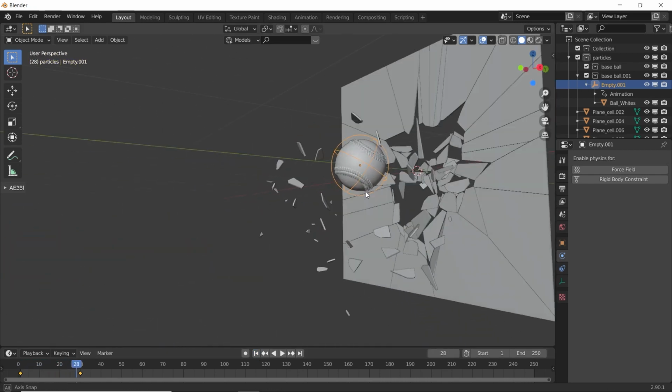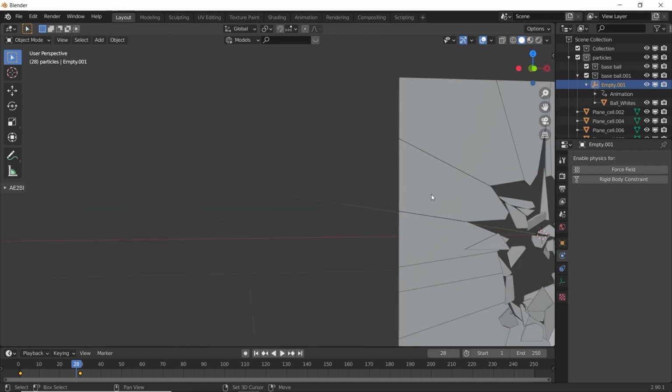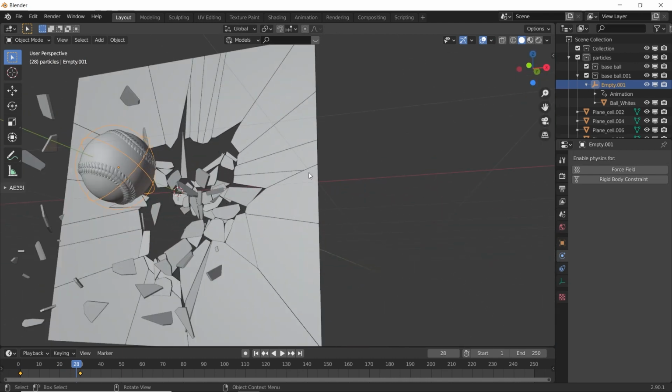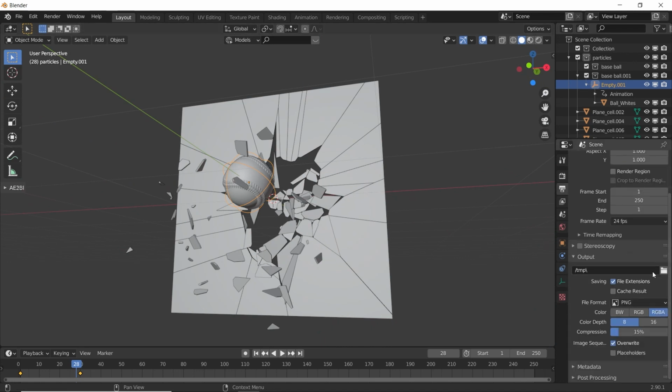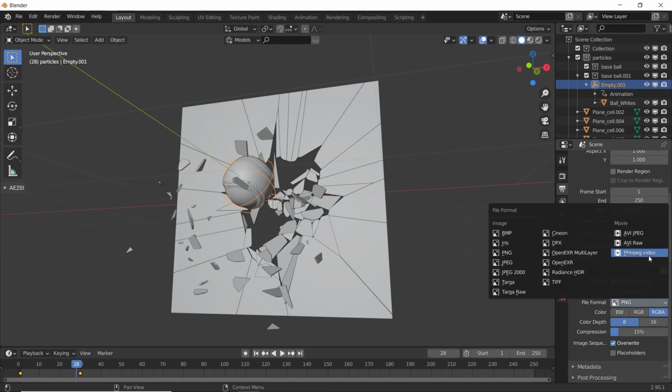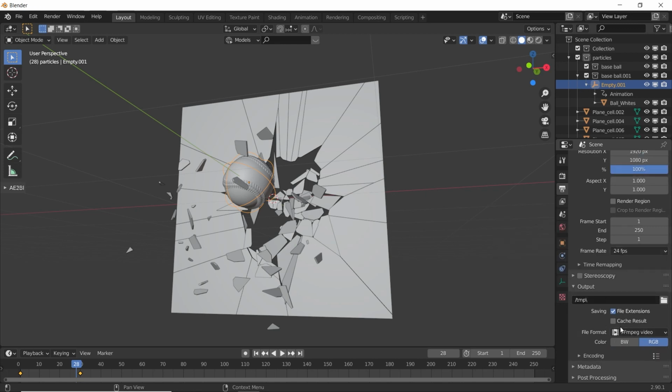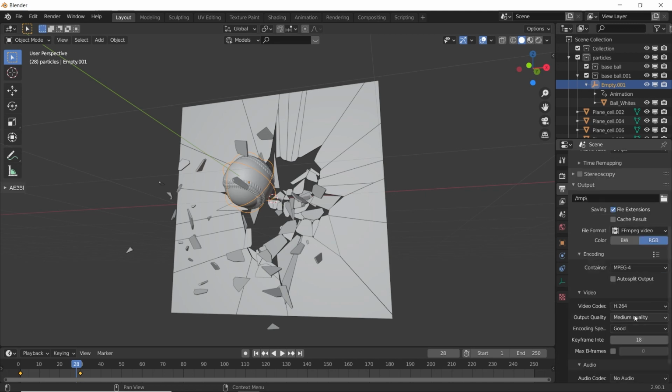Okay, this is nice for me. Now you can render this one. Go to output properties, select the file path, file format to FFmpeg, encoding to MPEG 4 and quality to high quality. Then render the animation.